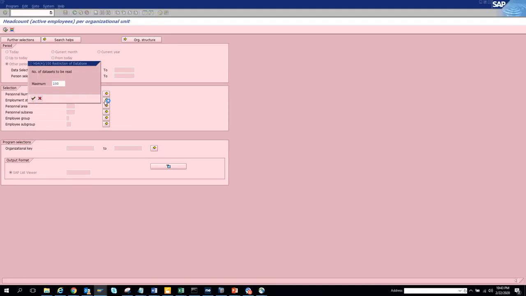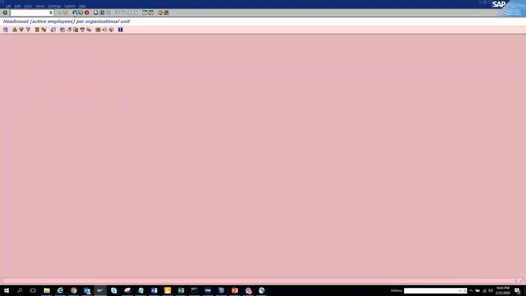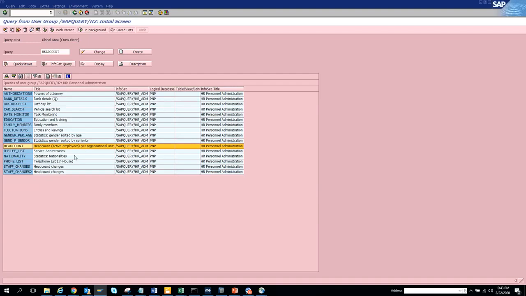So that's good. So head counts per org unit. So you have one. This is nice. Then let's see the other one that is there. It's the nationality. Okay, so we'll see